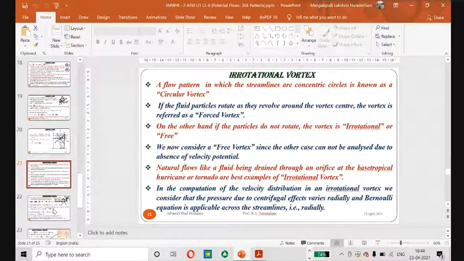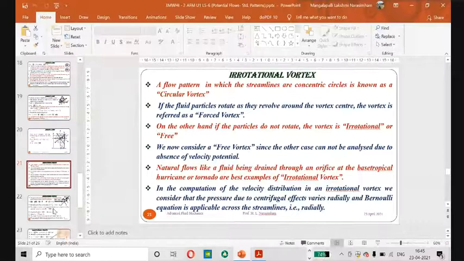Your grinders, your mixie jars, where you pour anything liquid or juice and operate it. The blade will be moving in the clockwise direction, and a forced vortex is automatically generated. So that is a forced vortex.